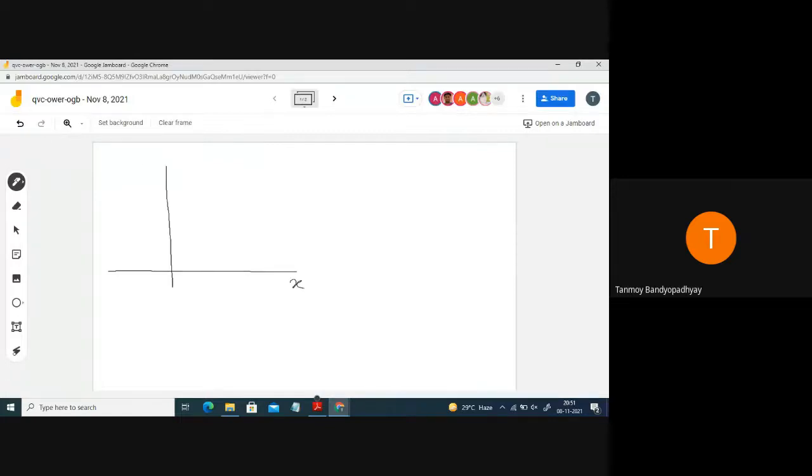So this is the x axis, this is the y axis. Sir, can you repeat the question one more time? So this is 1.2, this is 1.5, this is the force. So this is 4 kilonewton. So we are supposed to find out 2 points lying on the x and the y axis.